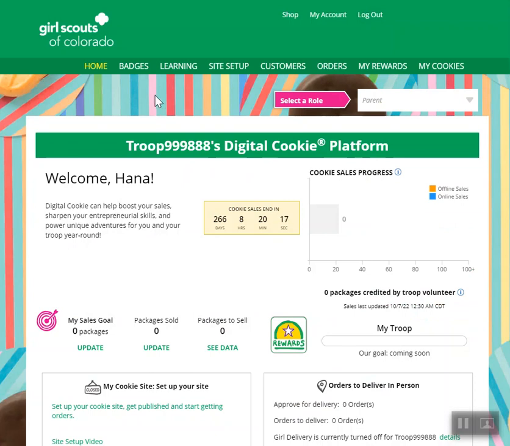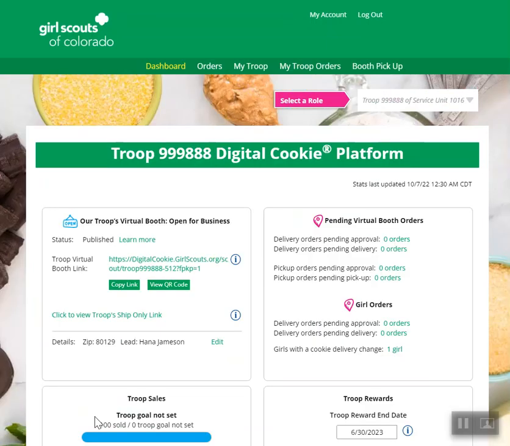At this point, we would want you to be working with the Girl Scout troop to determine what it is they want to say, what photo or video they want to use. Remember, just like girls, no personally identifying information should be used here. Once the troop has worked with you to set up their site and publish it, when you come back to